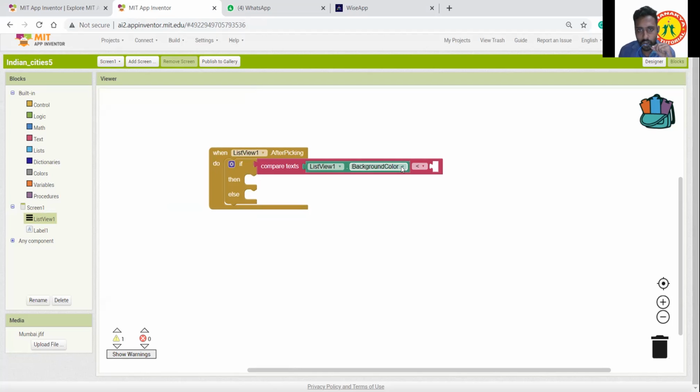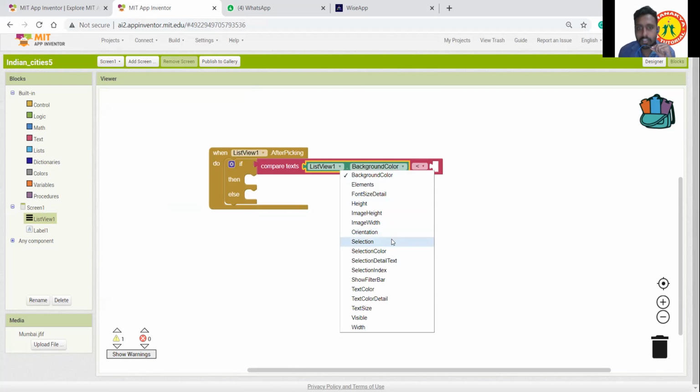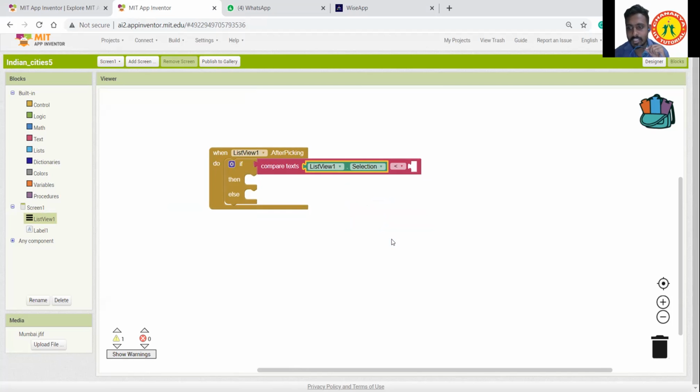Just click here and change it to selection, list view 1 selection. It is nothing but the selected city or selected text from the list view. Then, can you see here, just change it to equal to.